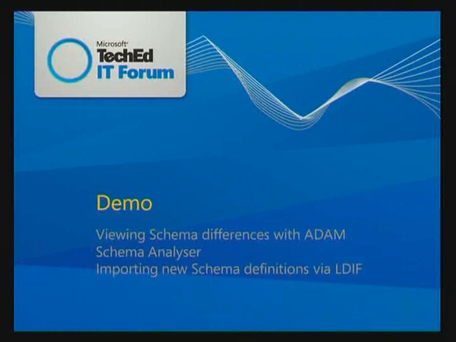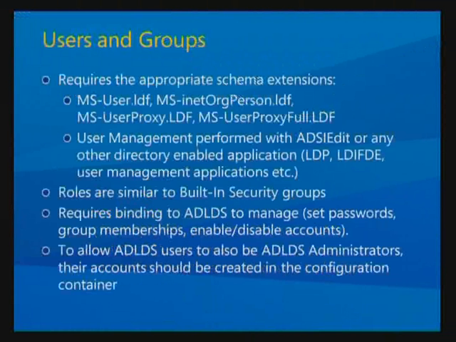Next important thing is users and groups. Exactly the same way that Active Directory works, we create objects in the directory. The important thing is for the standard classes like a user, an inetOrgPerson, and also this other class of users called proxies, we need to have imported and extended the schema with those object classes. Once we've extended the directory, we can then use any of our normal tools to add objects into